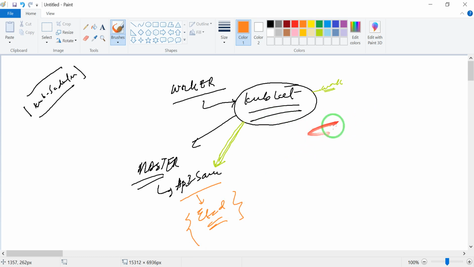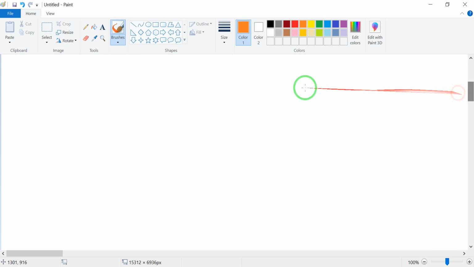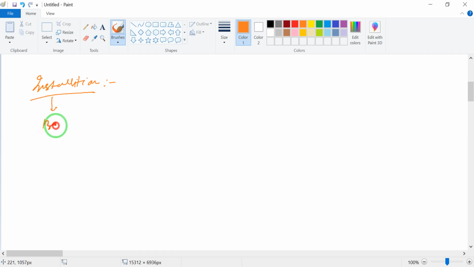So what is kubelet, how does it work, and how do you install it? Simple: when you are deploying with a tool like kubeadm, you don't get this command on your worker node. So on your node you have to download the binary, install it, run the service, and then connect to the master node. That is one way you can install it.